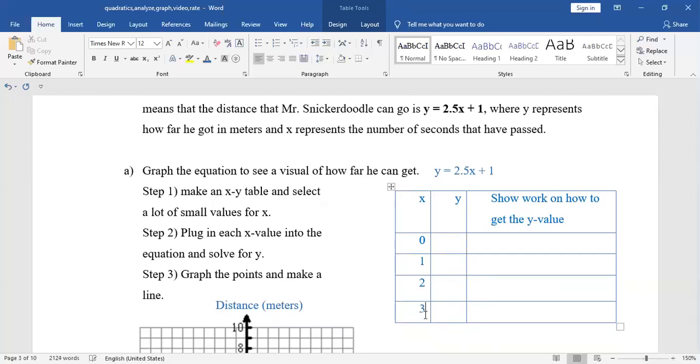If you're thinking about how many are the minimum number of x's you can put in this table, you need a minimum of 2. However, if you want to graph accurately, it's a good idea to have 3 or 4 points. So I'm going to use 4 points here. All right, step 2, plug in each x value that you chose into the equation and solve for y. All right, so I'm